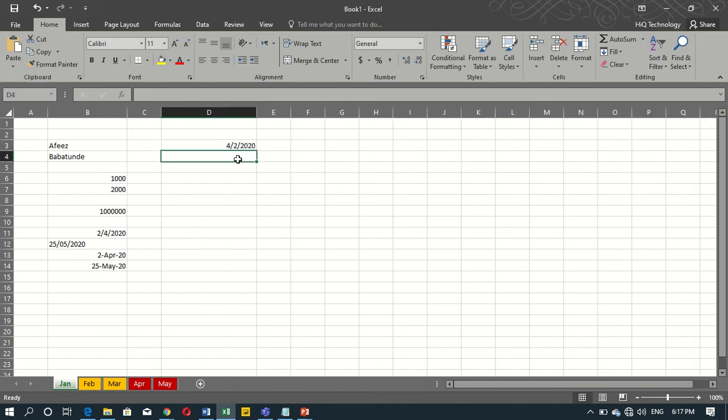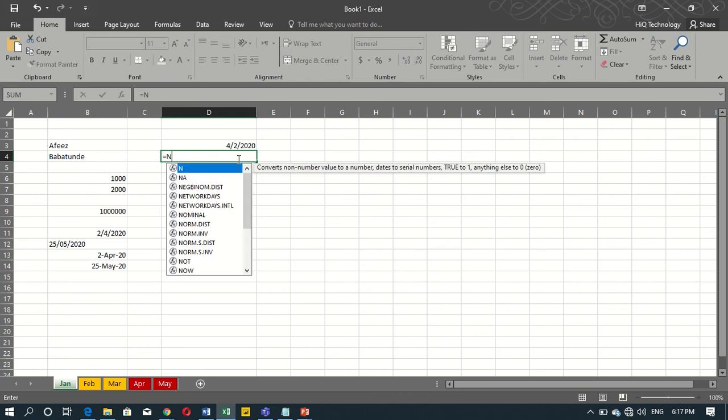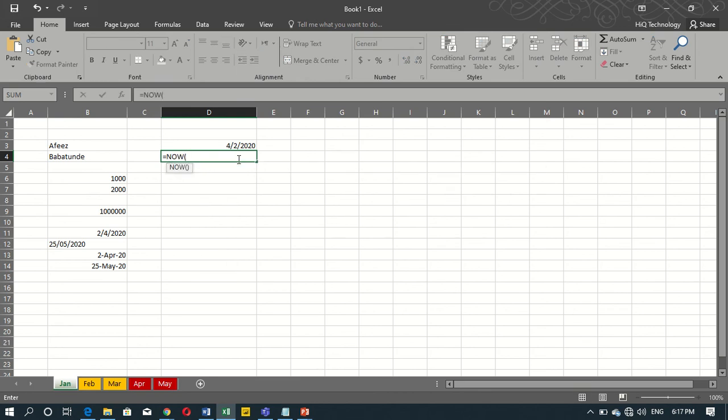So maybe I still want it to go with time, or I want to get the timestamp. I can just say equals NOW. The NOW function gives me the date with the current time. It will change automatically. Immediately the time changes, it will also change based on your system clock. So now,